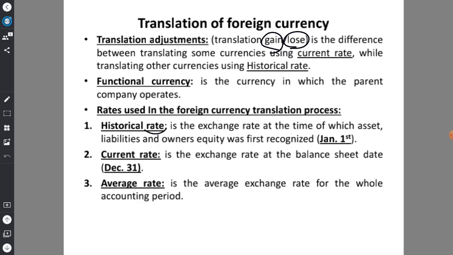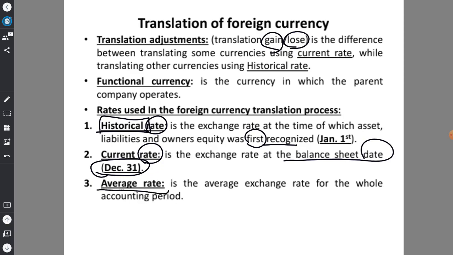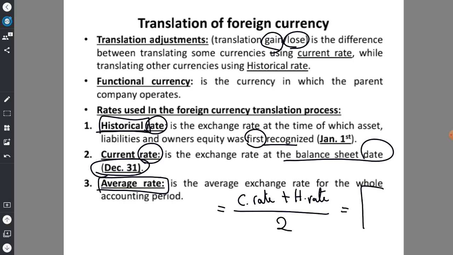historical rate من اسمها هي rate used to record transaction at first time of recognition. دي الهيستوريكال. الكرنت ريت هو عباره عن rate used at preparing البالانس شيت at the balance sheet date. طالما بتكلم في البالانس شيت date يبقى بتكلم في ديسمبر 31. والافريج كان من اسمها كده average، يعني انا هقول الكرنت rate plus the historical rate divided by 2 هيديني average. ساعات في المساله هكون مدياك الافريج rate given، وساعات مش هديهولك، فببساطه جدا you can calculate it. يبقى تاني